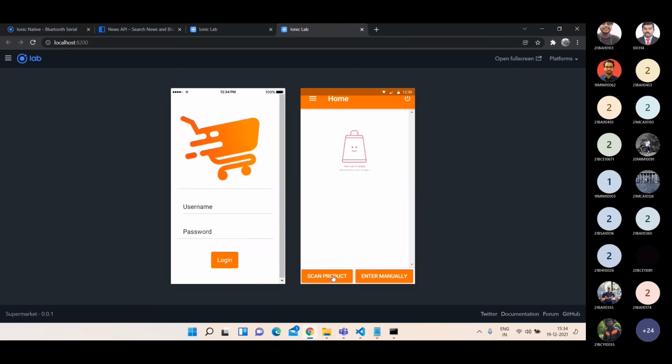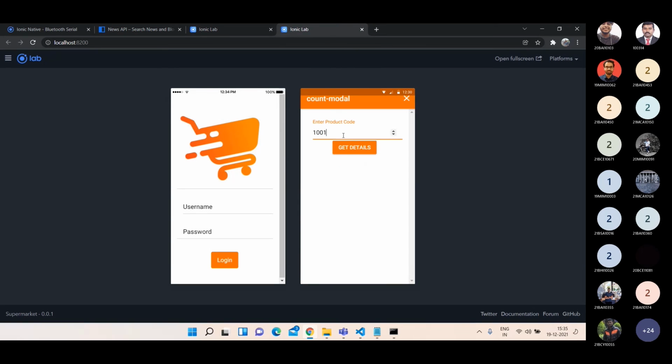So to avoid that, I have created this application, just a mock-up application. You take the product and scan it with your mobile app itself, then it will be added to your billing. You log in to that supermarket's application, and it will be added to your bill. Then take all the products and scan them with your own mobile phone. Then all the products will be in your cart. It will look like this.